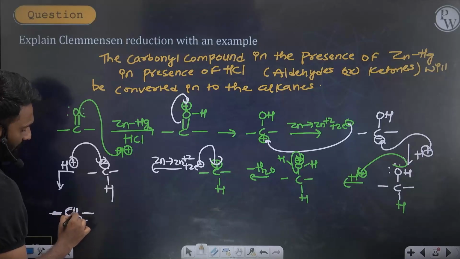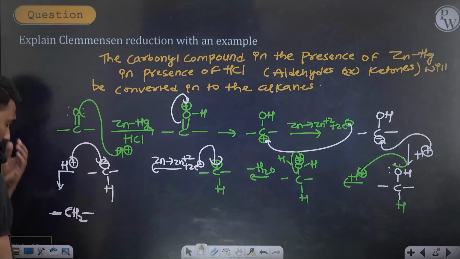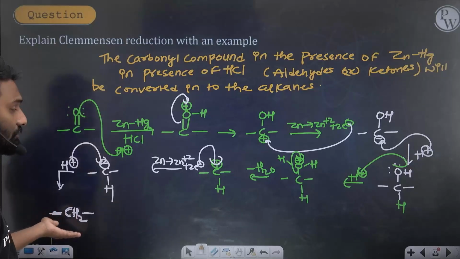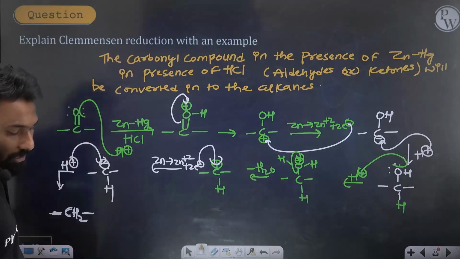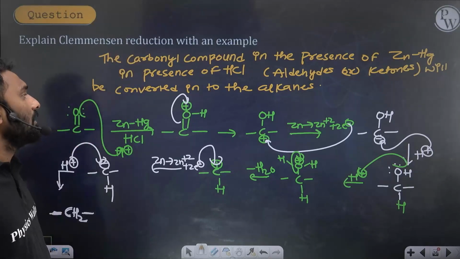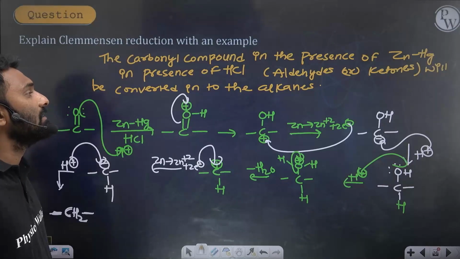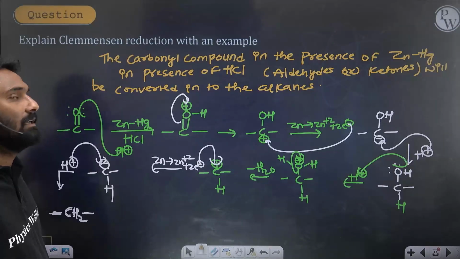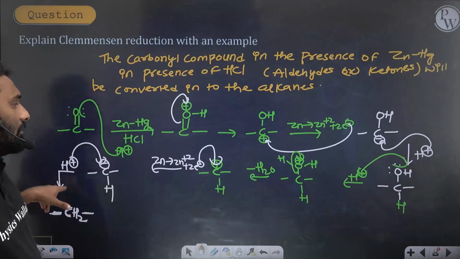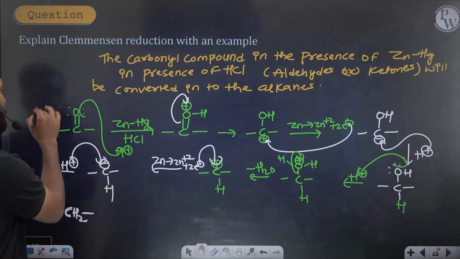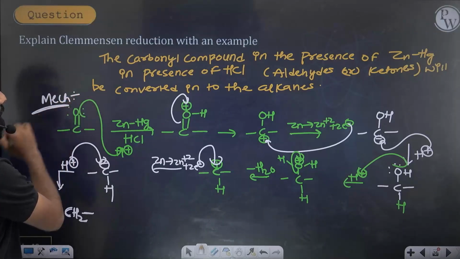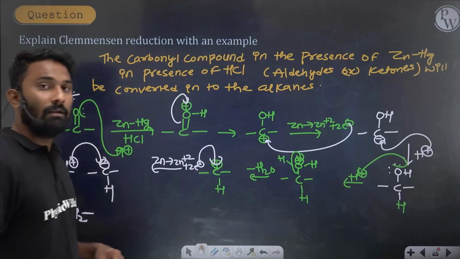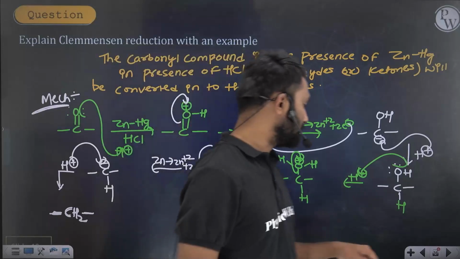If you have taken the aldehyde, it will convert into CH3. If you have taken the ketone, it will convert into CH2. Clear? In the presence of a carbonyl compound, in the presence of zinc amalgam and HCl, aldehydes or ketones will be converted into alkanes. This is the mechanism. Then clear? Next